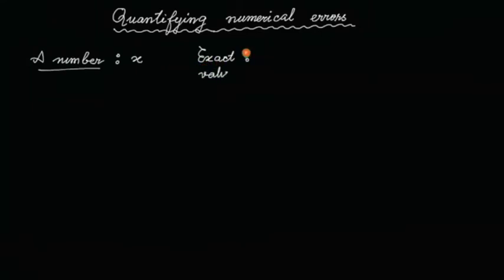Okay, so let's say that we are trying to represent a number. So we have a number, and remember that the number is absolute. So the number I call x. So that's an absolute number. It's known up to infinite precision. There are infinite number of significant digits in it. The exact value of this number, so x is the symbol for the number, the exact value for this number we wrote as x star, and the approximate representation of this number